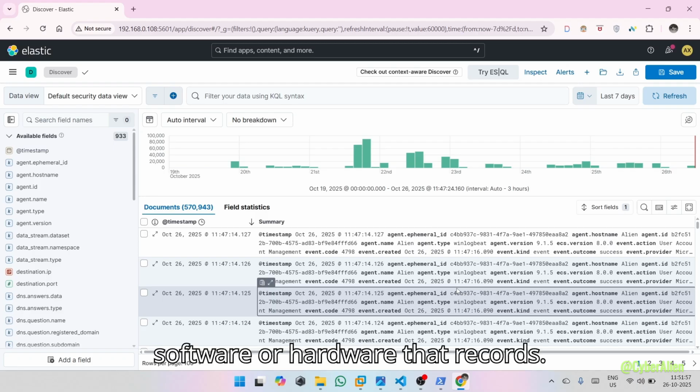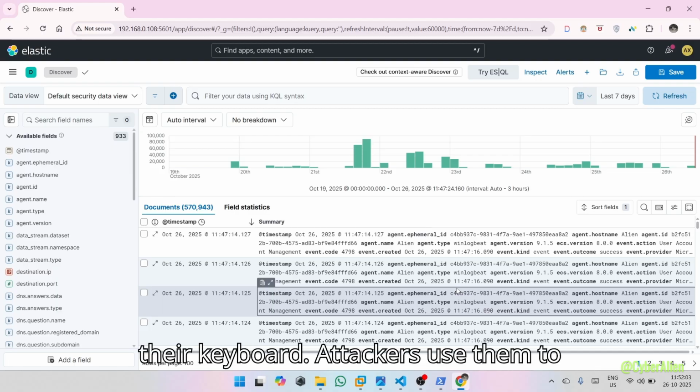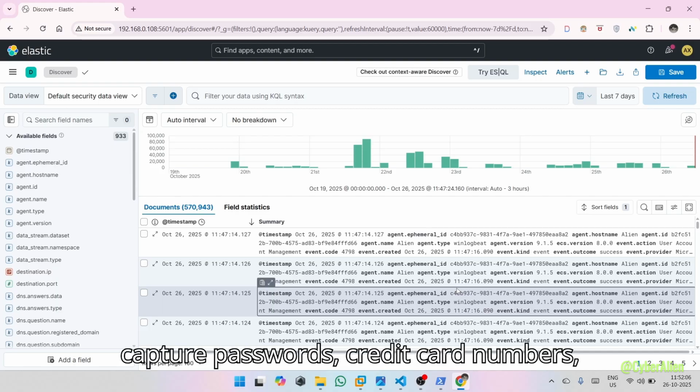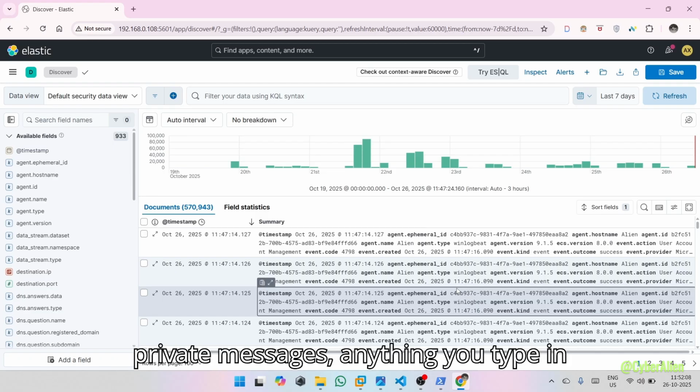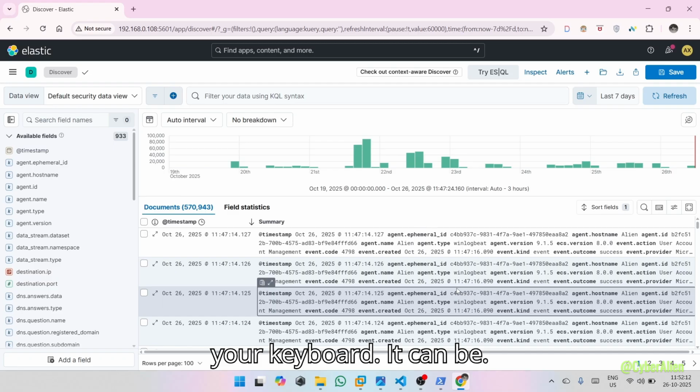A keylogger is software or hardware that records the keys a user presses on their keyboard. Attackers use them to capture passwords, credit card numbers, private messages, anything you type on your keyboard, and it can be